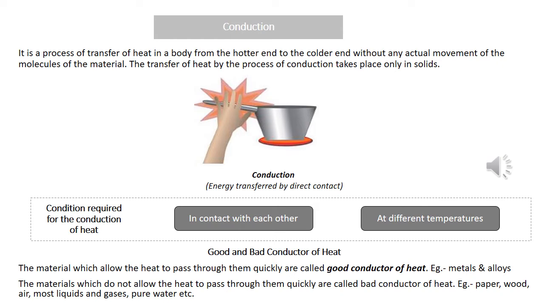Got it? But now if you remove this steel spoon, and in place of this steel spoon you keep a plastic spoon, okay, do you find any heat at its other end? Will you find? No, I don't think so. Its other end will not get heated. Why? Because it is an insulator. It will not allow heat to pass through it. Okay, so all the paper, wood, air also. Air is an insulator, children.